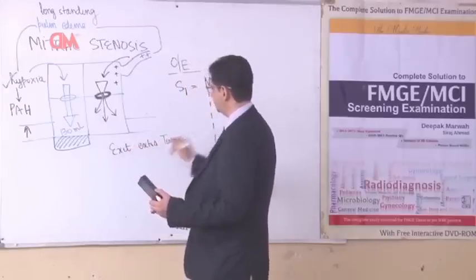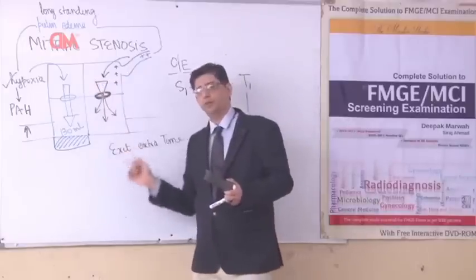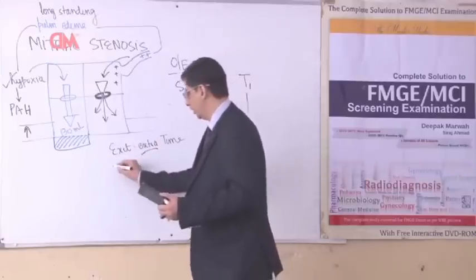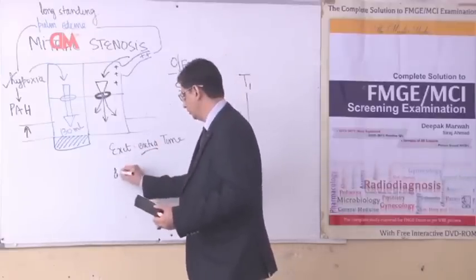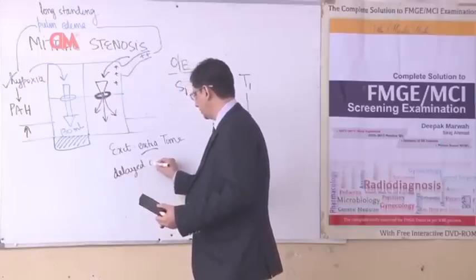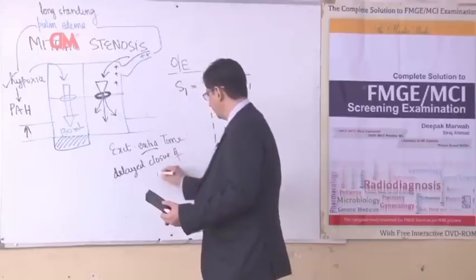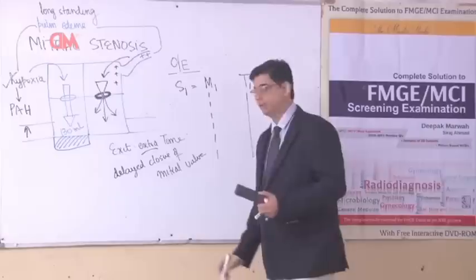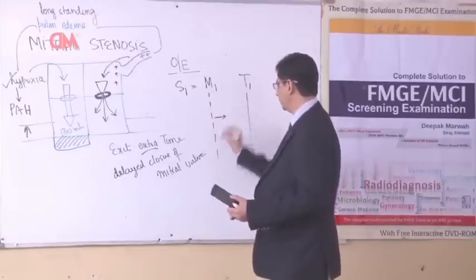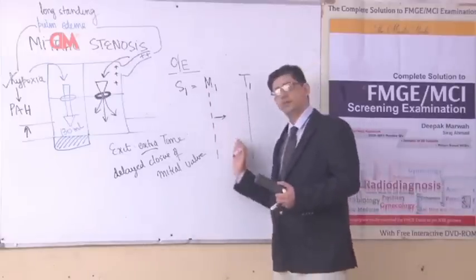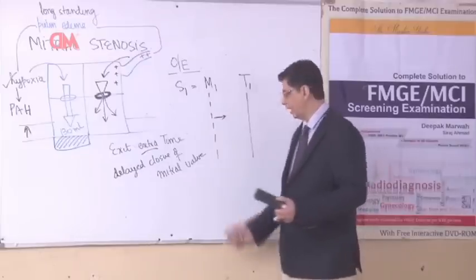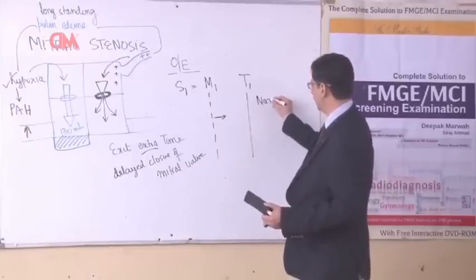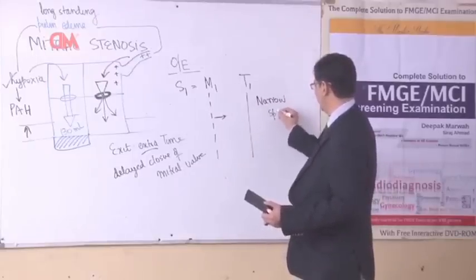What I mean by exit will take extra time is more time taken for the blood to go from LA to LV. If extra time is required, the mitral valve will have to do extra work. Therefore there will be a delayed closure of the mitral valve. Because of this delayed closure, I am shifting this dotted black line slightly to the right, because the mitral valve is closing relatively later, the gap between M1 and T1 will become lesser. So the auscultatory finding in patients of mitral stenosis will be a narrow split S1.